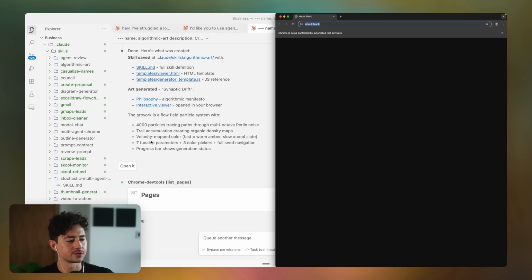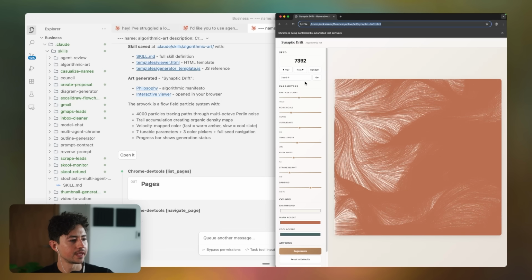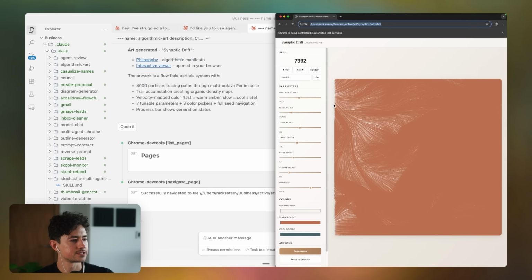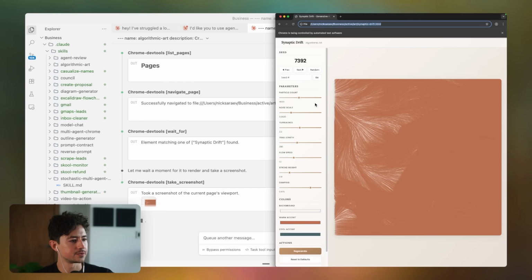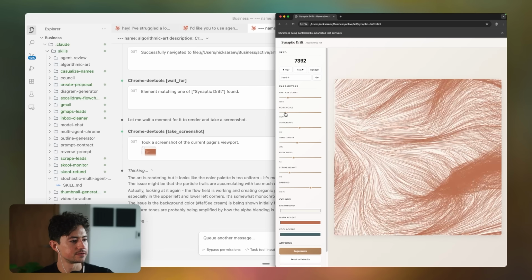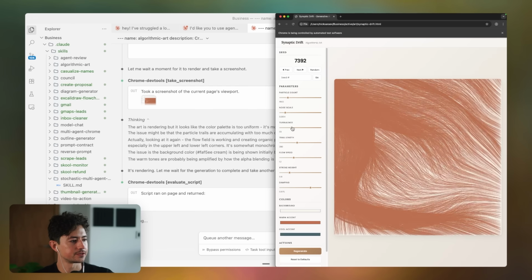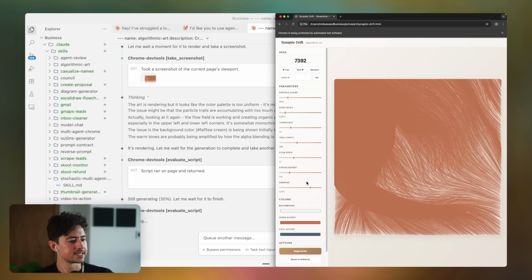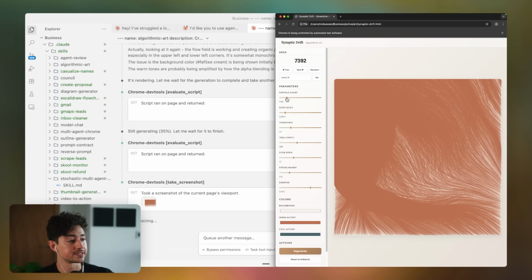So I'm actually just going to open this so I can take a look at it myself. And we have it. There it is. This is now creating algorithmic art. As you guys could see, we have particles and so on and so forth. I'm just going to significantly decrease the number of particles, maybe change the noise scale and the turbulence, actually move this around. And as you guys can see, we are actually producing a tremendous number of particles here.